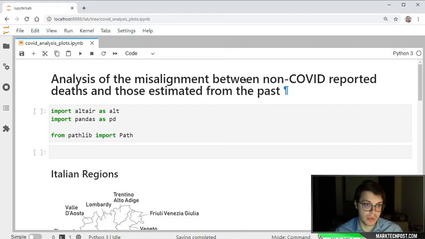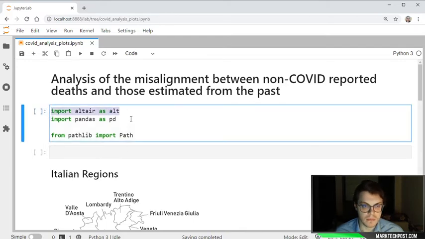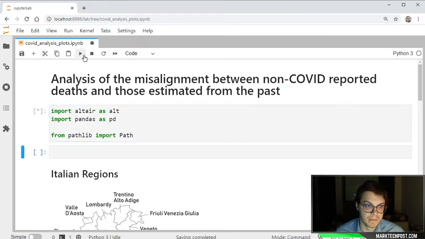Now we will use the Altair library in order to create interactive plots. In fact, here, as you can see, I've already imported the Altair library and the pandas library and the pathlib library. Let's run